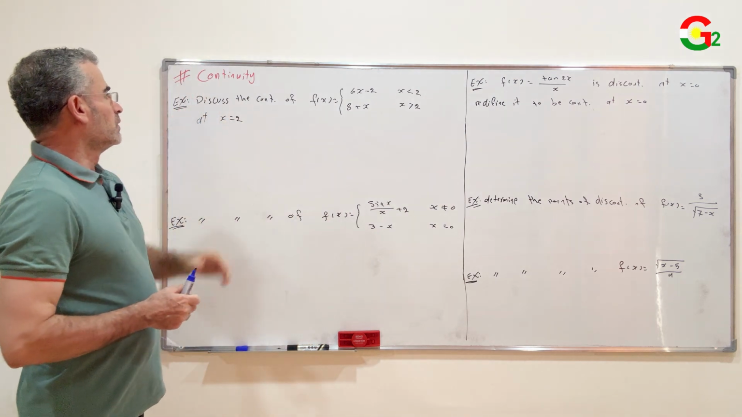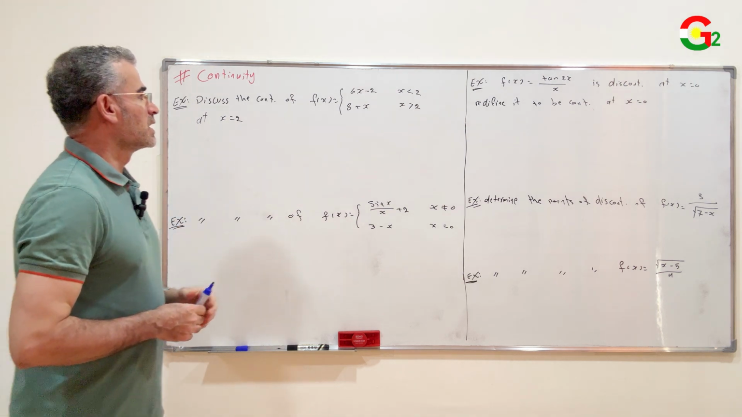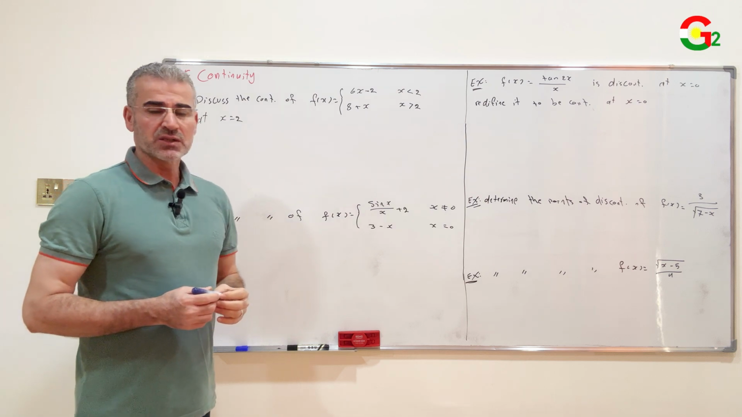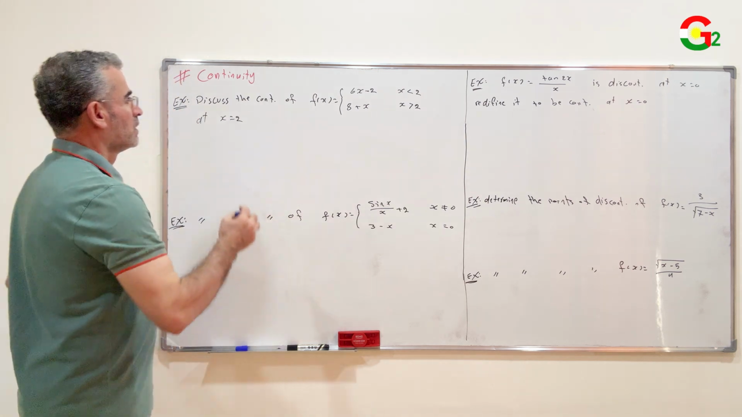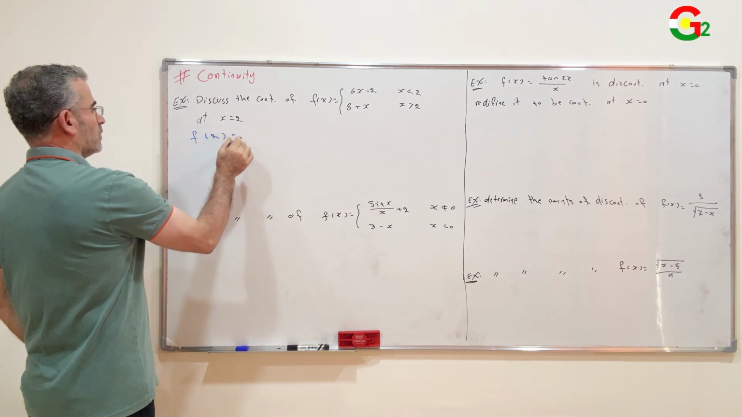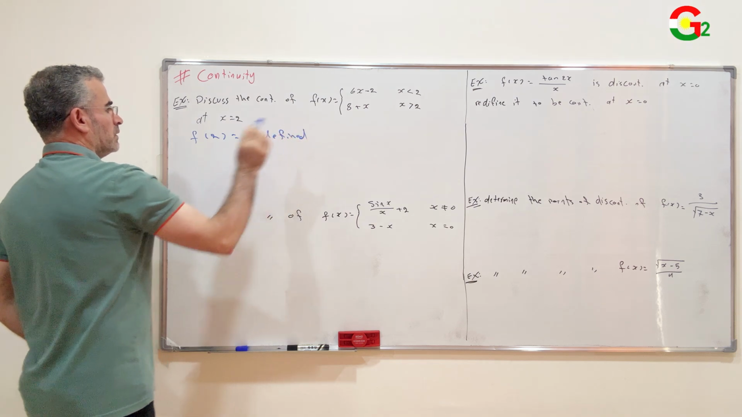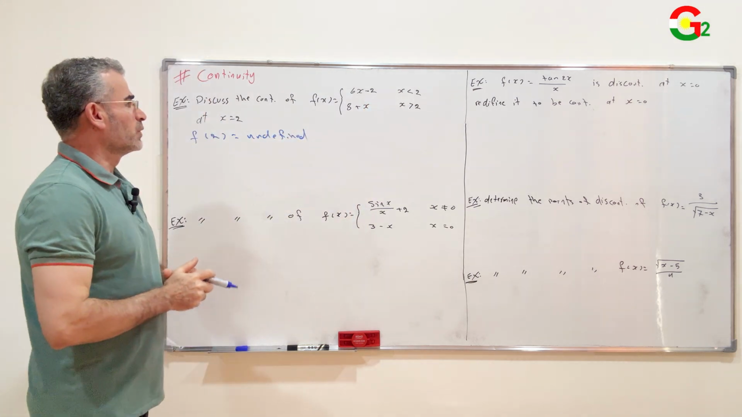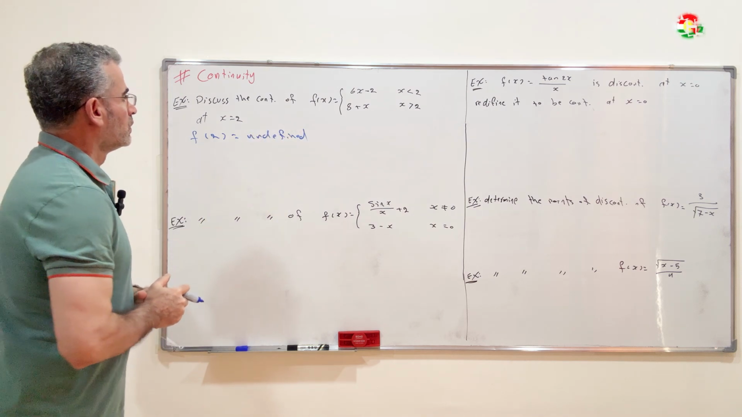Example: discuss the continuity of the function f of x equal 6x minus 2 when x less than 2, 8 plus x when x greater than 2. This function is not continuous at x equal 2 because f of 2 is not defined. It is not in the domain of f of x, but we can redefine this function to be continuous